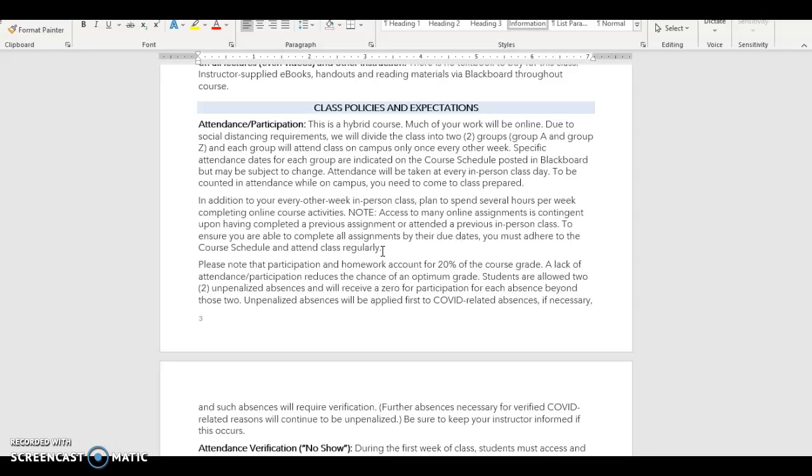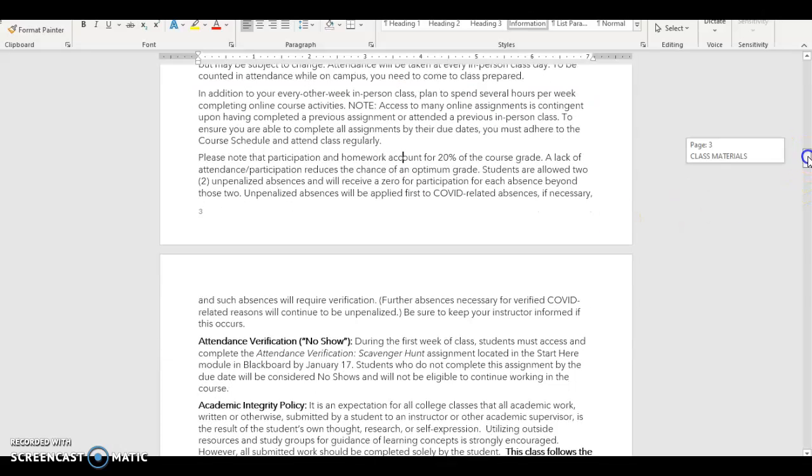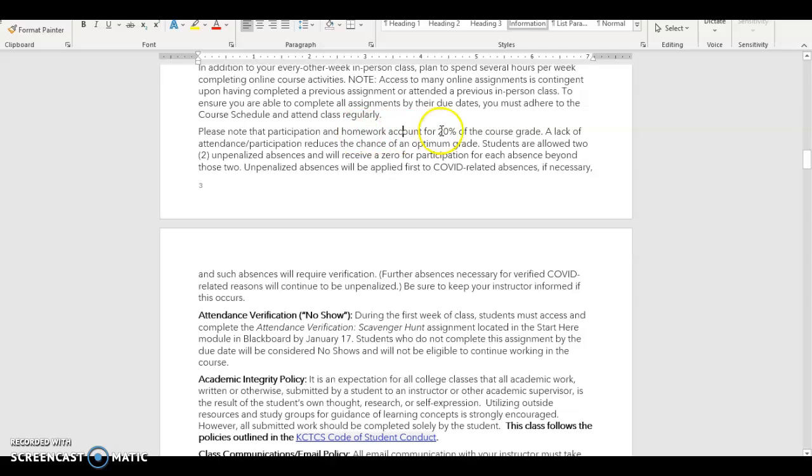So you always want to make sure you're not just doing some of the assignments that are assigned in Blackboard, or just coming to some of the classes that you feel like coming to. Make sure that you're doing all of the things required. And also remember that participation and homework account for 20% of your course grade. That may not seem like a lot, but it's definitely enough to really affect your grade in a good way or in a bad way. So you definitely want to make sure you get as much as you can for that portion of the grade. Also, every student is